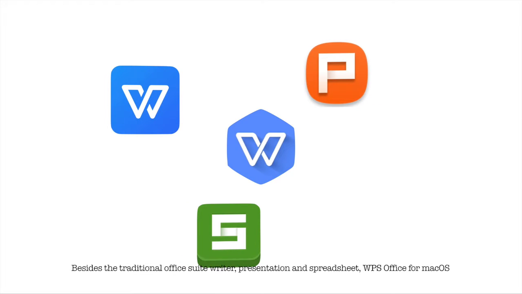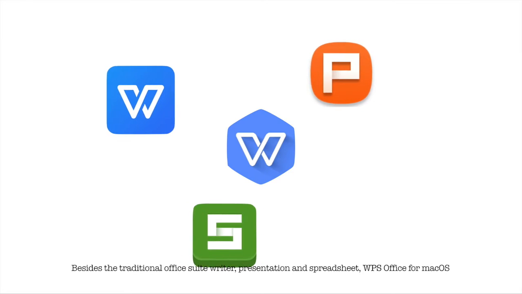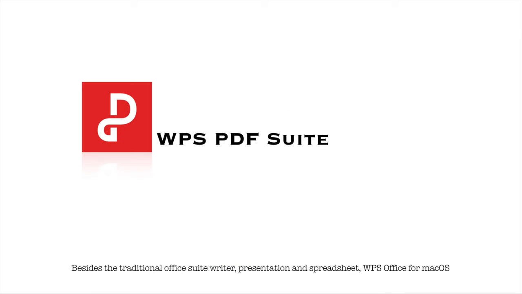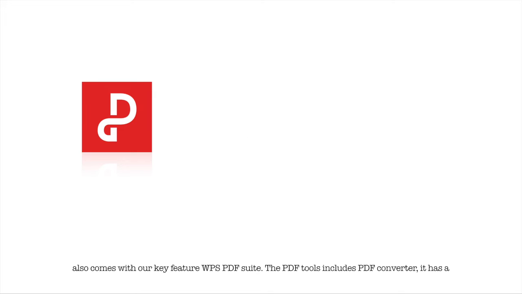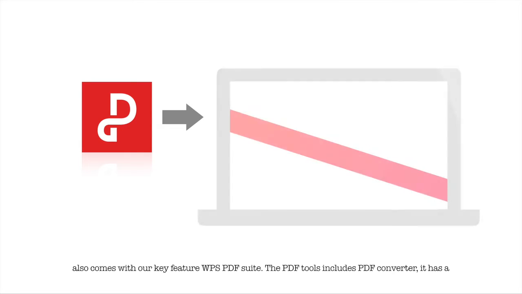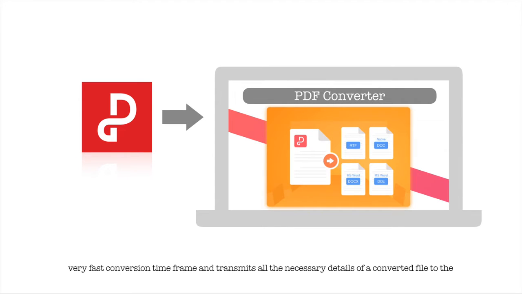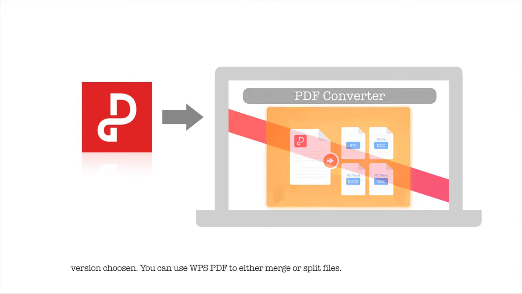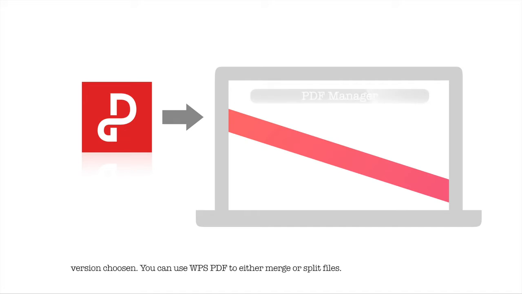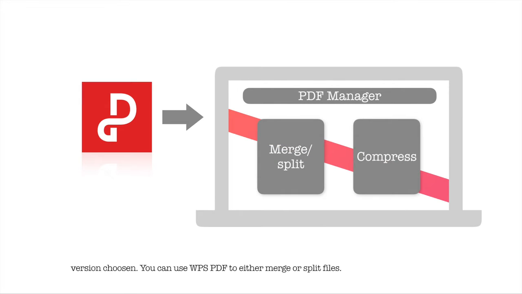Besides the traditional Office suite writer, presentation, and spreadsheet, WPS Office for macOS also comes with our key feature, WPS PDF Suite. The PDF tools include PDF Converter. It has a very fast conversion time frame and transmits all the necessary details of a converted file to the version chosen. You can use WPS PDF to either merge or split files,